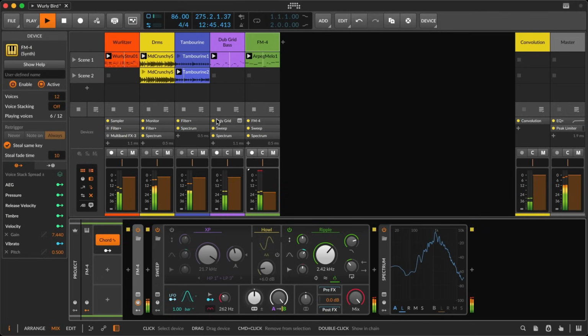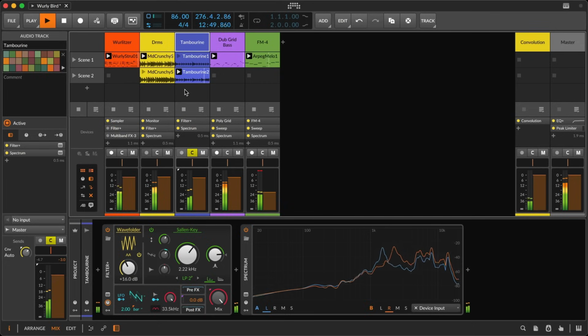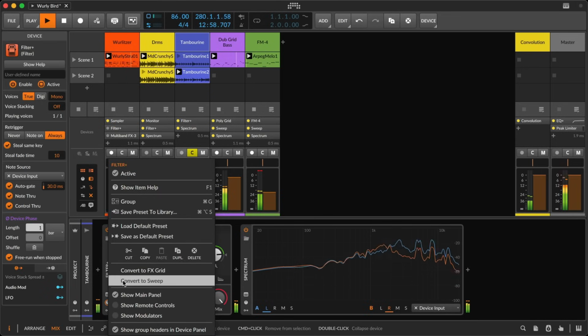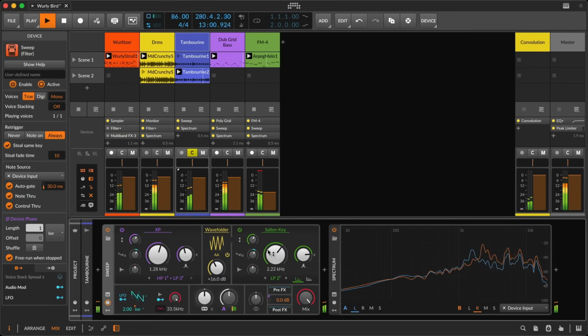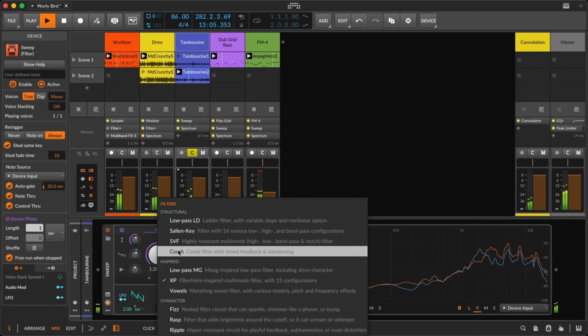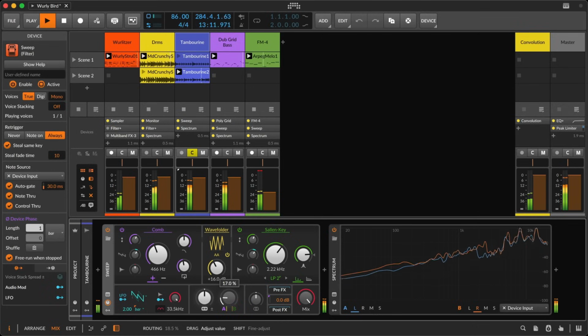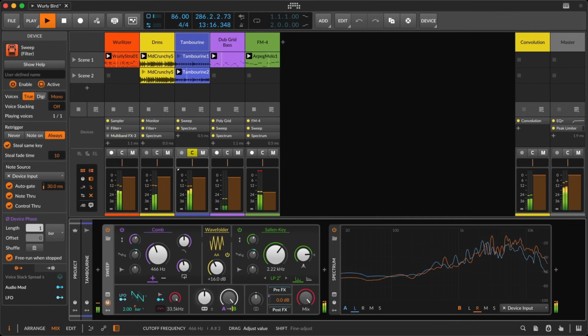Now, finally, with these various options, there are ways to go between them. If we started with Filter Plus, and we liked our filter, wave shaper, and modulators, we could go ahead and convert that to a sweep device, keeping them and adding filter A and the central controls on top, in case we'd like something a bit more unique. Or not.